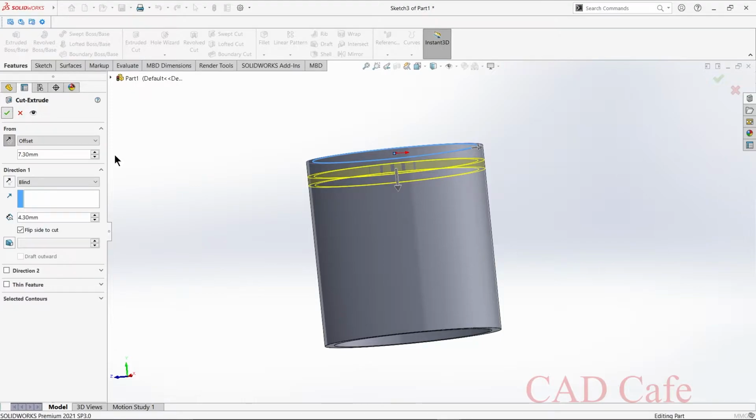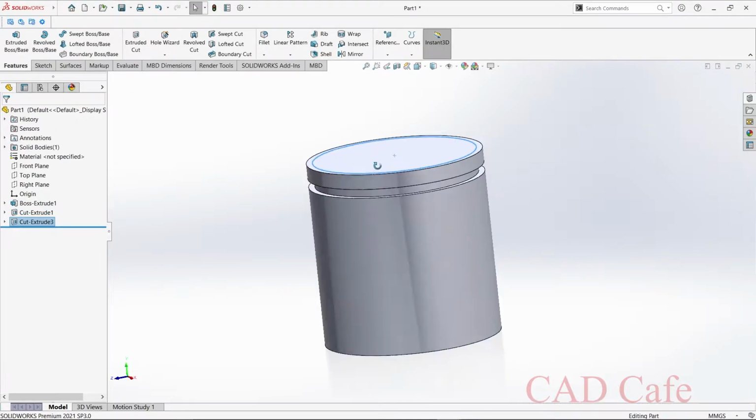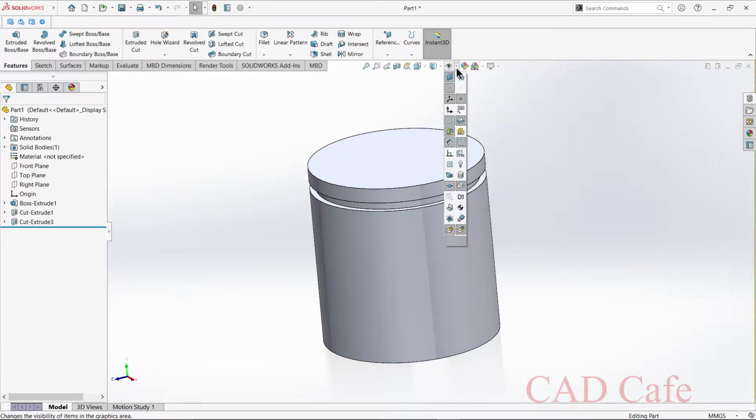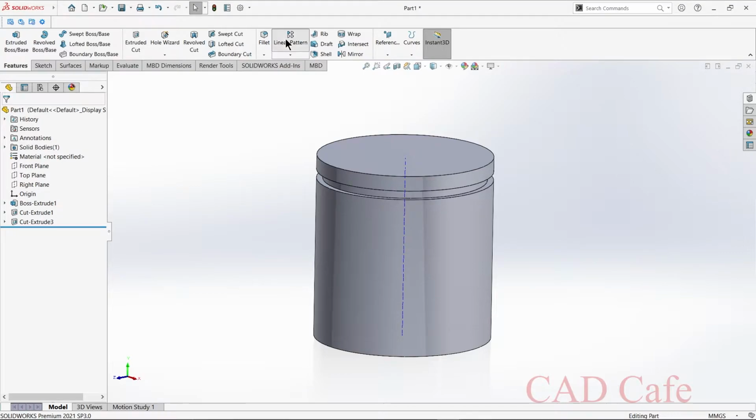Okay, see, we have made the one cut, and just select view temporary axis and select linear pattern.